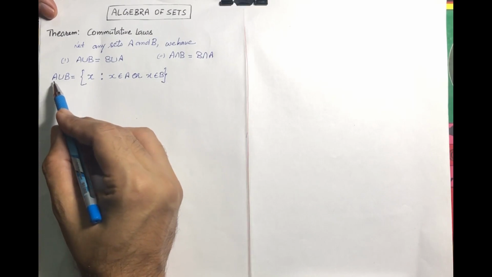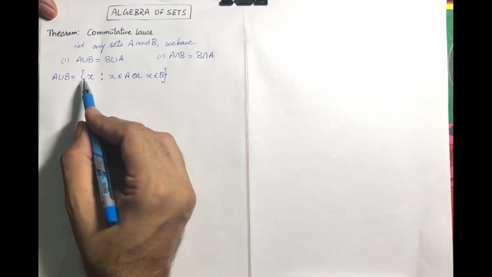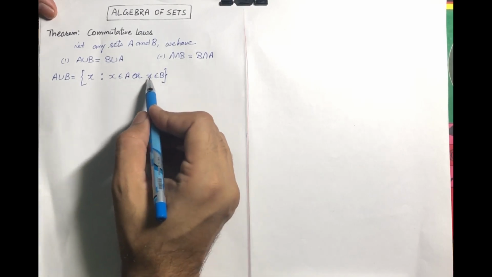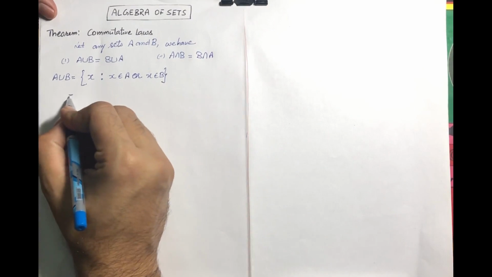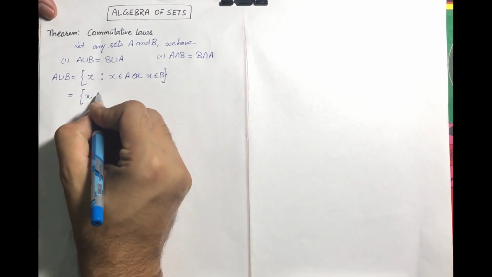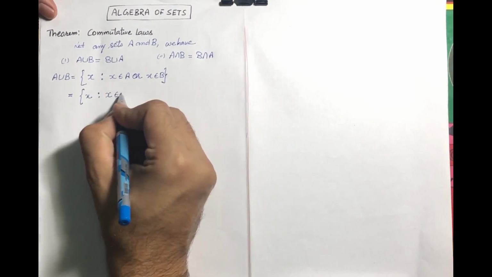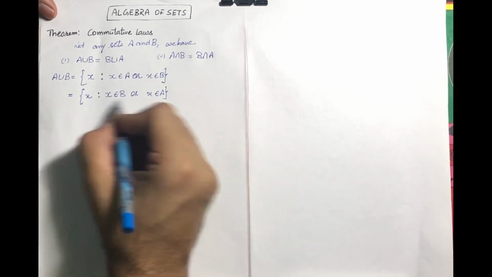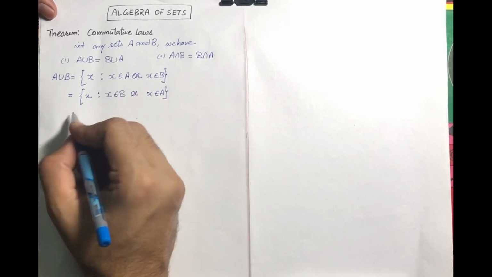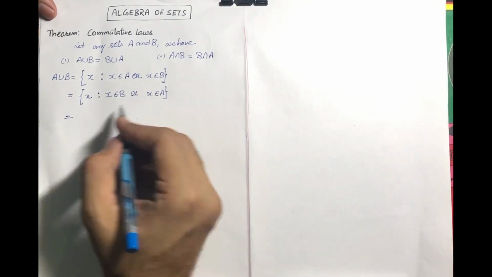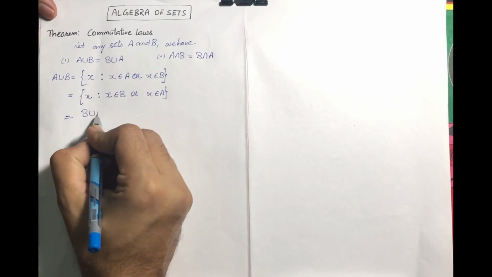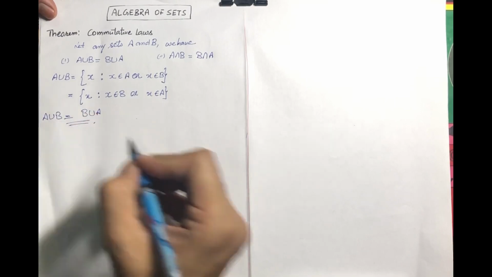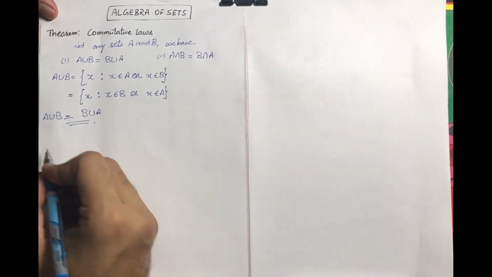First, by definition, A union B has elements x such that x belongs to A or x belongs to B. We can easily rewrite this as x belongs to B or x belongs to A, which does not affect the elements. So as per definition, this is B union A. Hence we have proved A union B is equal to B union A. Now the second part,